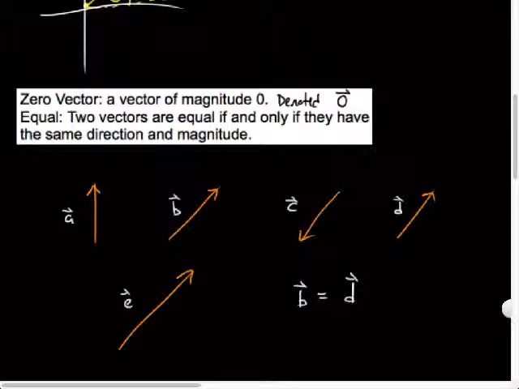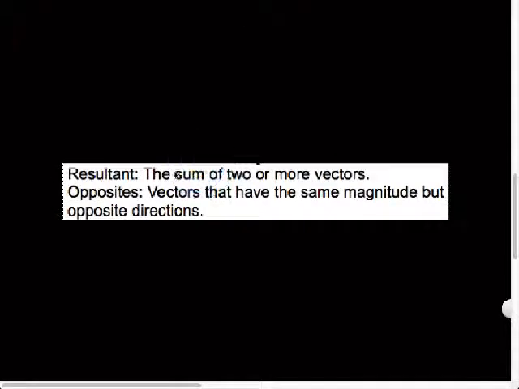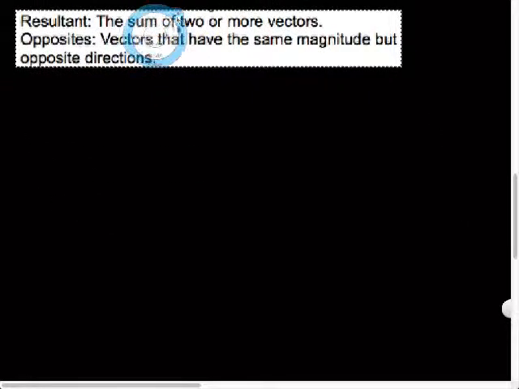Let me show you some cool stuff here, a little bit more vocabulario. A resultant, all right, is the sum of two or more vectors. Okay, so we're going to eventually get into that. And opposites are vectors that have the same magnitude but opposite directions. So the angles are a 180-degree difference from one another,